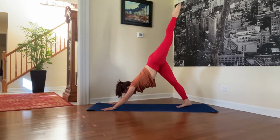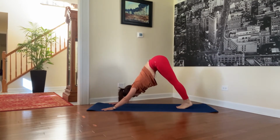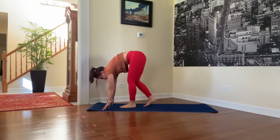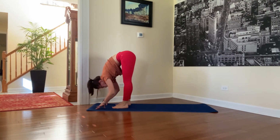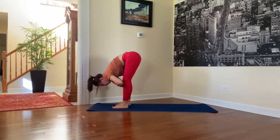And extend and bring it down. You can now step, walk, or jump. We're gonna go into a standing forward fold. So you can just walk and inhale and exhale as you close and fold down into your legs towards the mat, bringing your head and